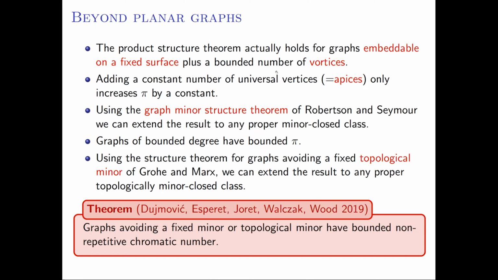Yeah, what about a list version of non-repetitive? Does that make sense? And are there results for that? Yeah, it totally makes sense. And right now, the typical application of this result does not say anything about lists. But the problem with lists is that, as far as I know, even for trees, this is unbounded. So for paths, it's at most 4, and it's kind of a conjecture that it's at most 3. The right answer should be at most 3. But once you go for trees, it's not bounded anymore if you have lists.